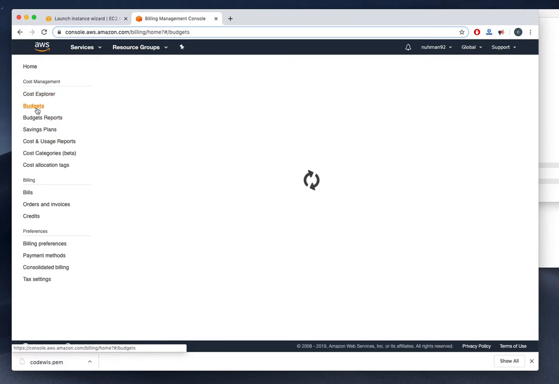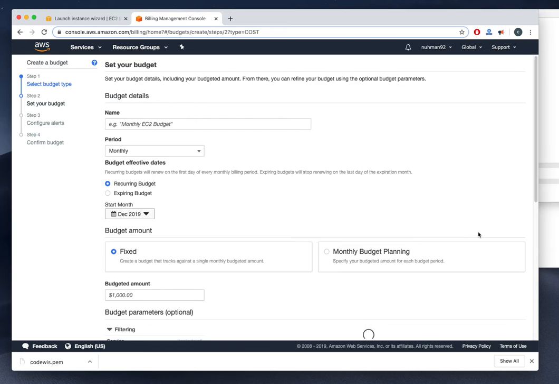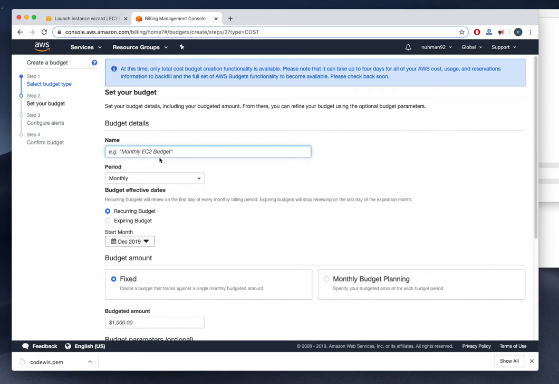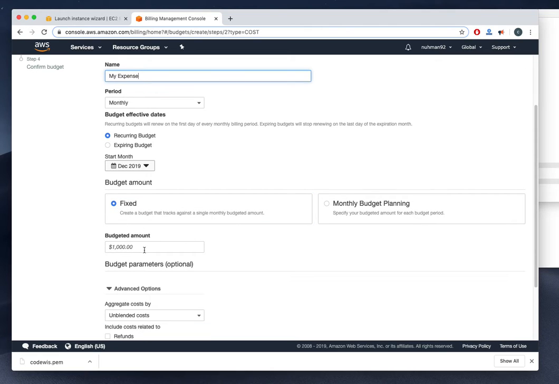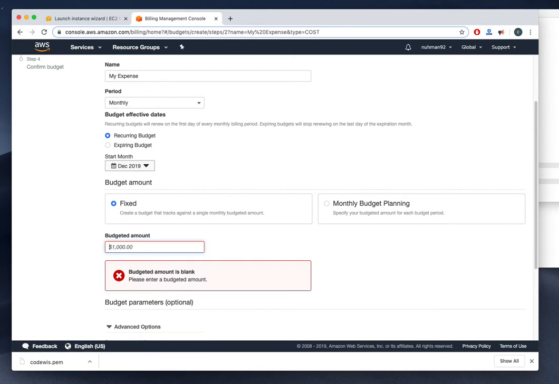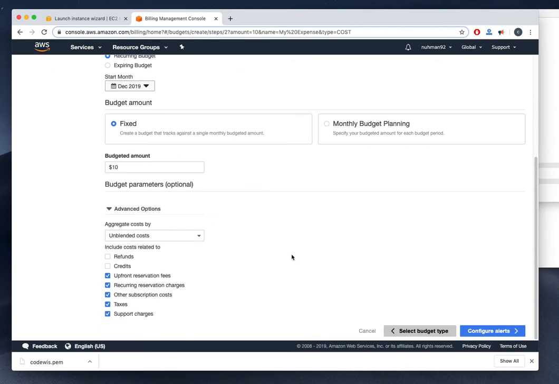And here budget is there. Create a budget. So it's very useful. Okay, so I'm going to set a budget here. Monthly, probably monthly. Yeah, monthly. I'm just creating, like, my expense or something. And monthly December recurring budget, fixed. So budget amount, I don't need to have more than... so I am just setting the budgeted amount to be $10,